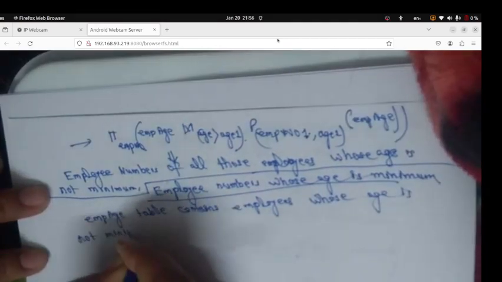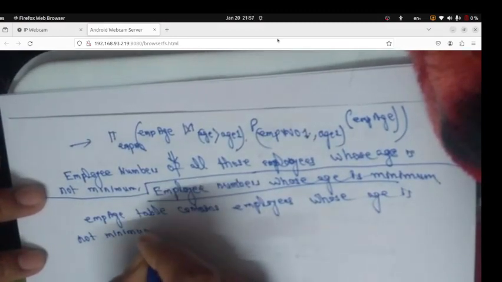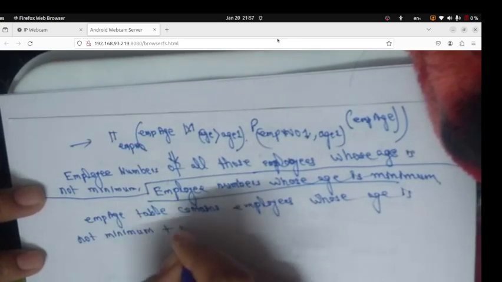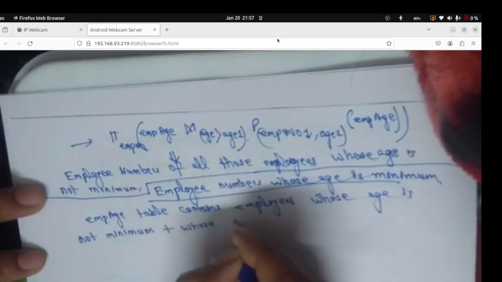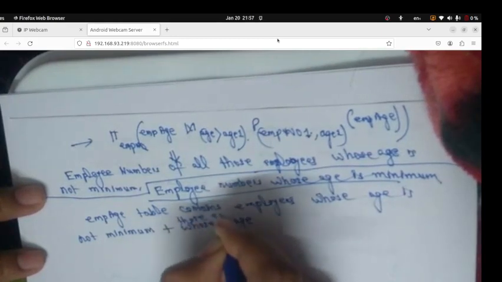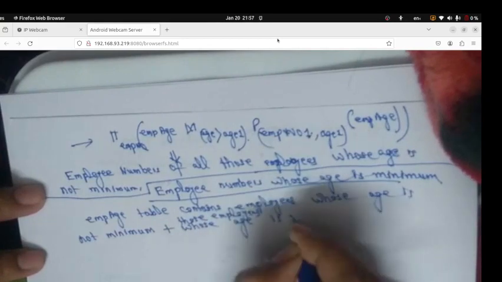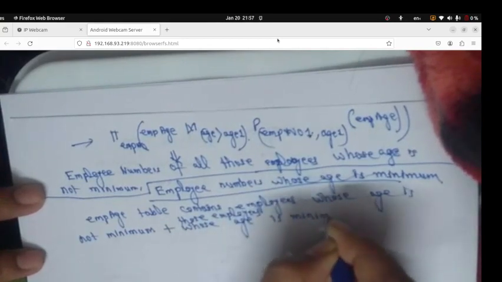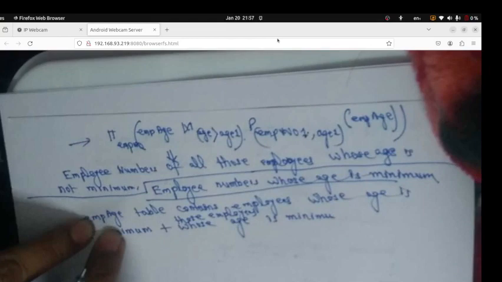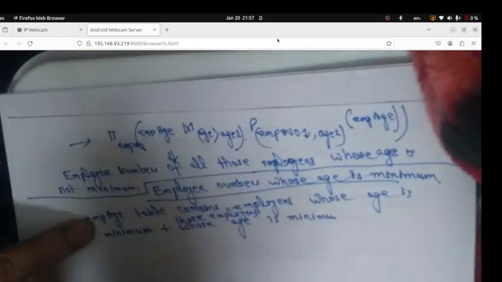The employee age table contains those employee numbers whose age is not minimum, plus those whose age is minimum. The other table contains employee numbers of those employees whose age is minimum. So what we will do, from this employee age table we will do a difference, a minus, which is